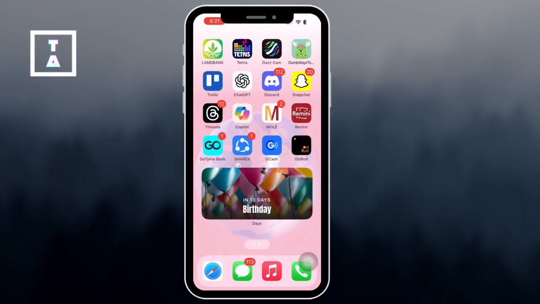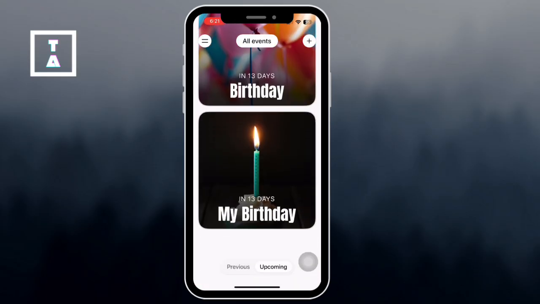And that's it. Your countdown widget is now visible on your lock screen or home screen, keeping you reminded of